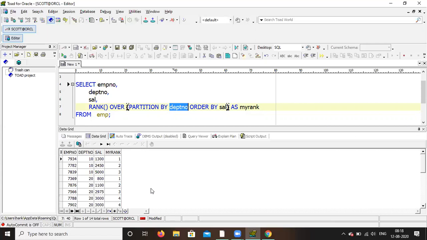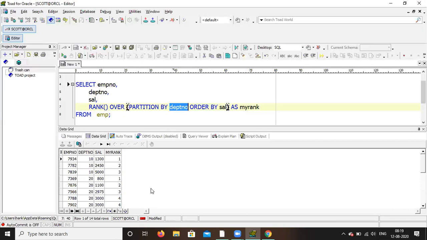Sometimes if you use the rank function, the query will be easier. So the syntax is: rank over partition by department number, order by salary. Now what will happen? First it will group by department number: 10, 20 and 30. From 10, 1300 is the first rank, from the lowest to higher.